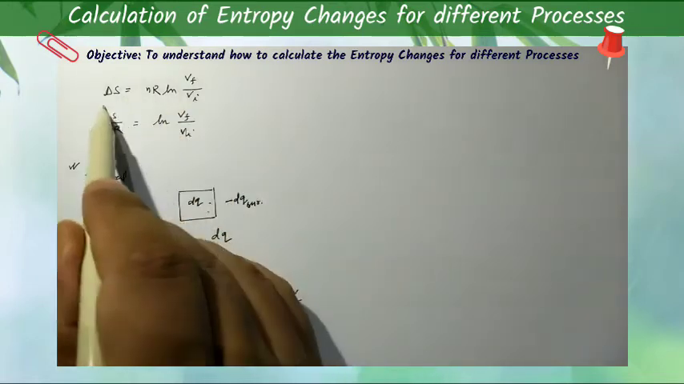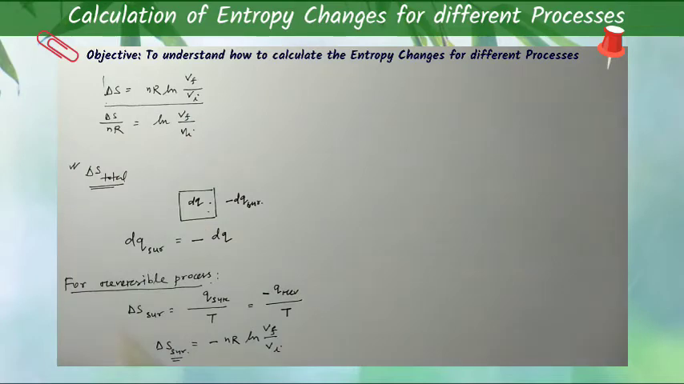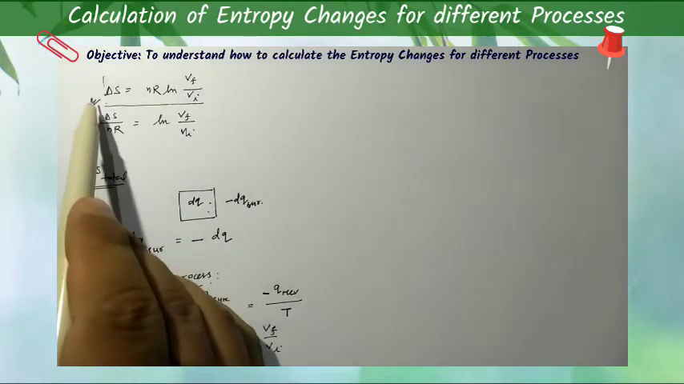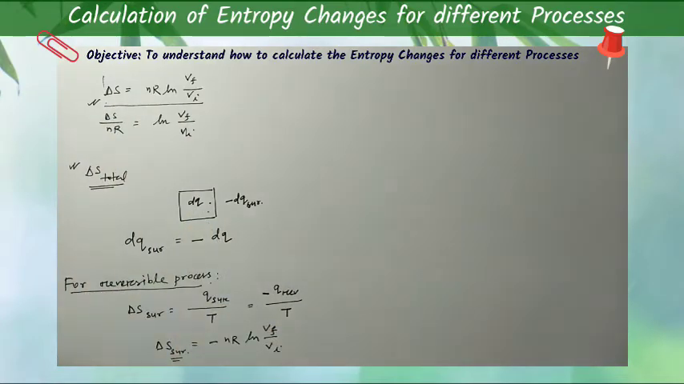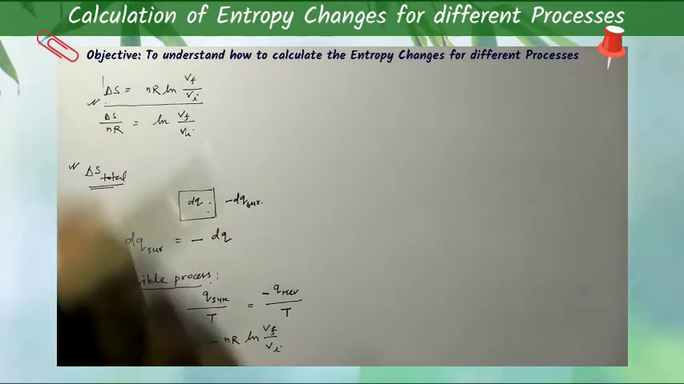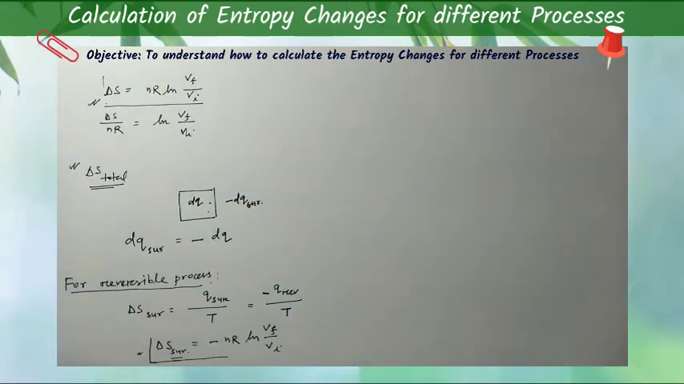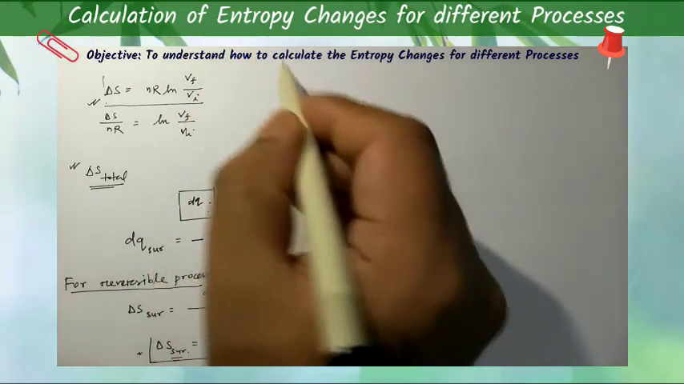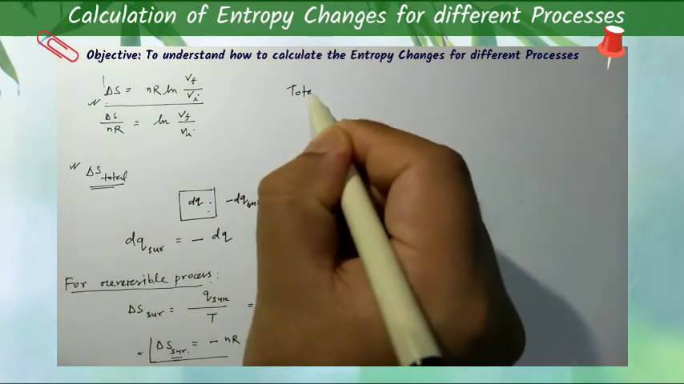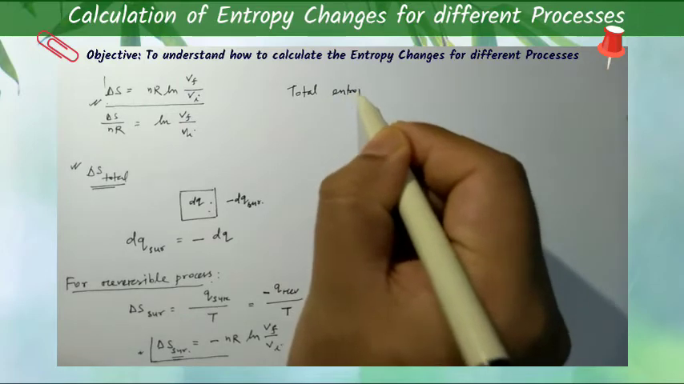The meaning of these two is this one and this one. This one is the increment of entropy in the system, and this is the decrease of entropy in the surrounding, and these two are equal. You see, the magnitude is equal. That means if you want to calculate the total entropy change for the reversible process,